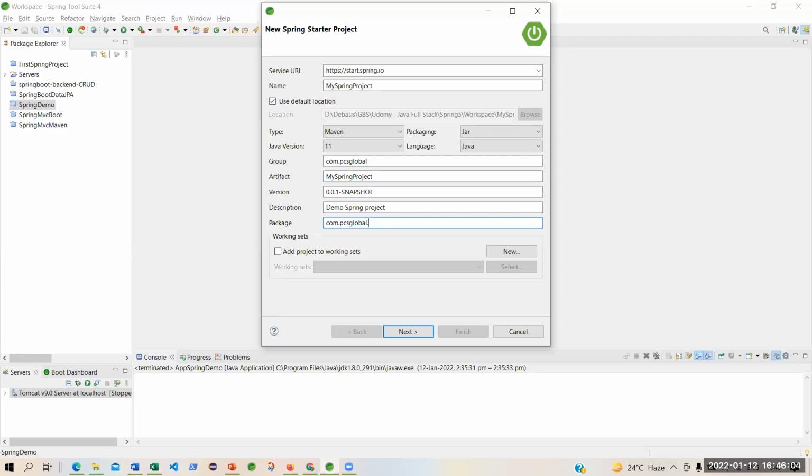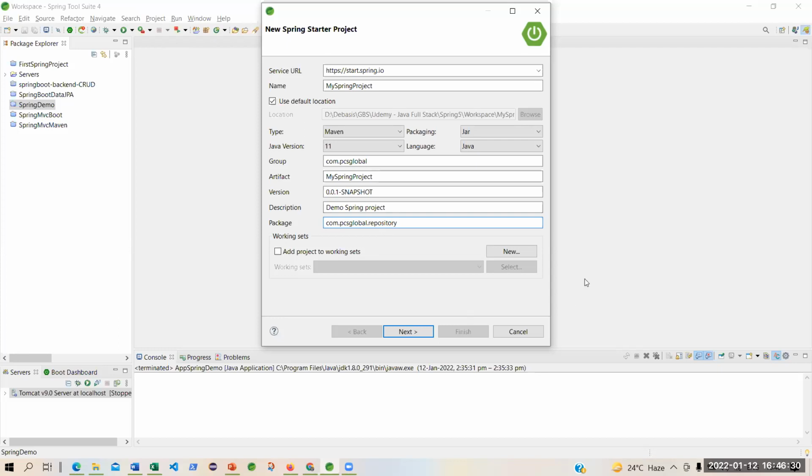Then I can have a package where I can organize all the DAO classes, or the DAO is the database access objects. That means these objects are the repository layer, or you can say repository.